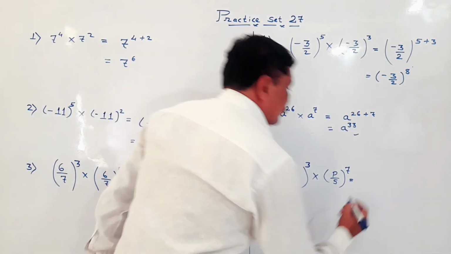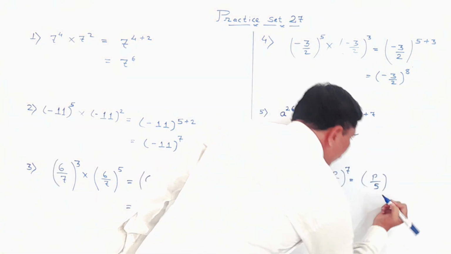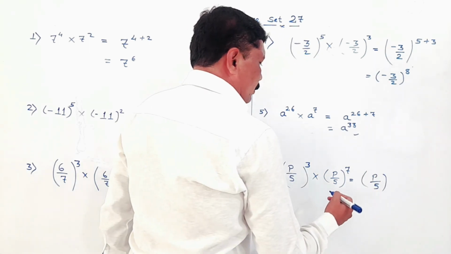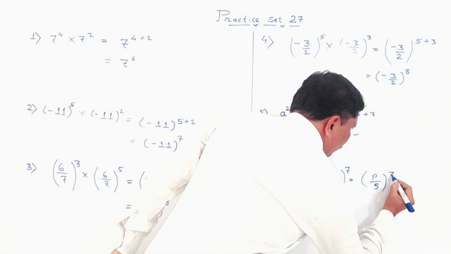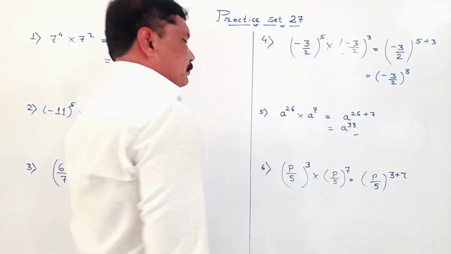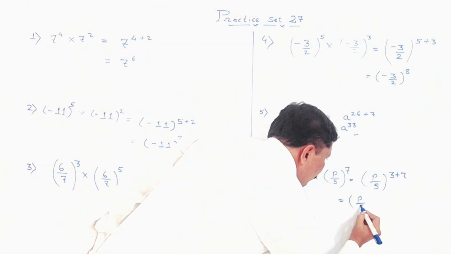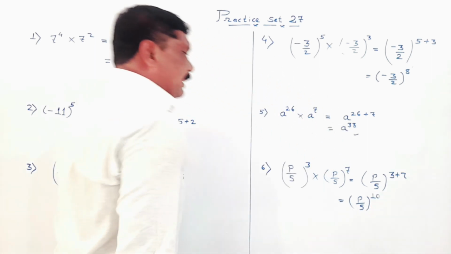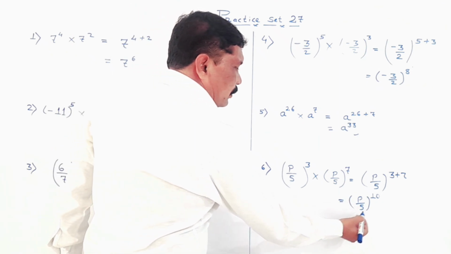So we can write the same base, P by 5, and we can add the index. So we will get the answer P by 5 raised to